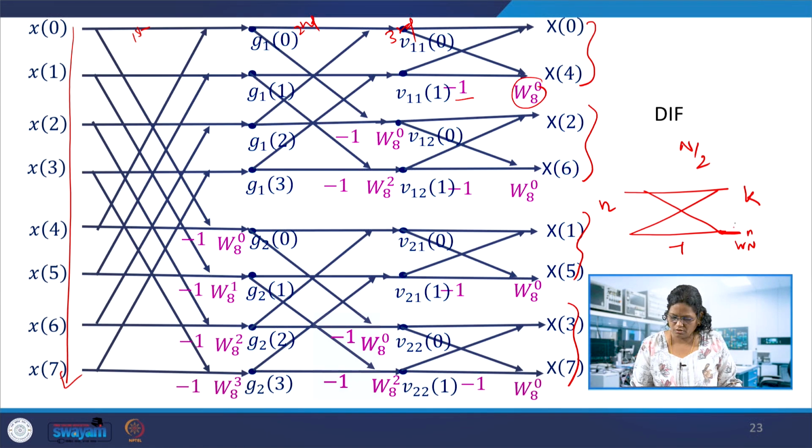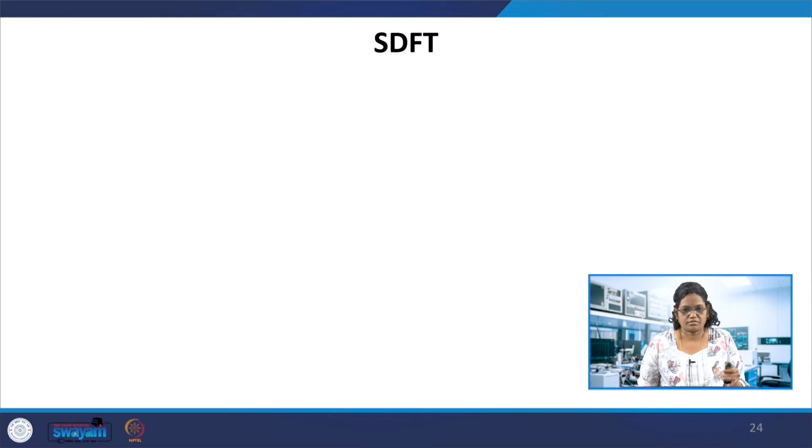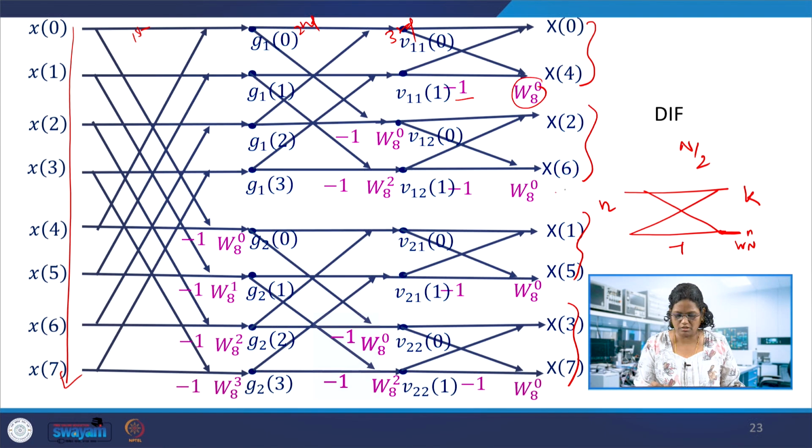So this is one butterfly. Every butterfly will have this structure: the -1 at the bottom and -1, -1, and here. So each butterfly will have this. There are four in each stage, and so this is about the DIF algorithm. So with DIT and DIF algorithms, FFT can be computed in both ways, and if we want to know the k in each stage, we can even compute that, and this is in place. Whatever path you want, suppose x of 6 can be obtained from any of the inputs like that. If all the k values are needed, then we go for this FFT algorithm at all.